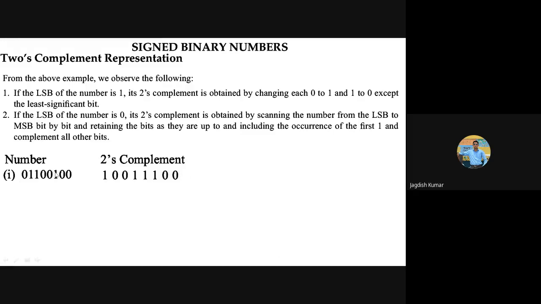That's the shortcut way. So once you remember the rules, life won't be that difficult. Correct? So this is how you can find out 2's complement. Let us do one more example. Here also, second rule would be applying, because least significant bit is 0. So you write down in your notebook what it should be. Then I will show you the answer.